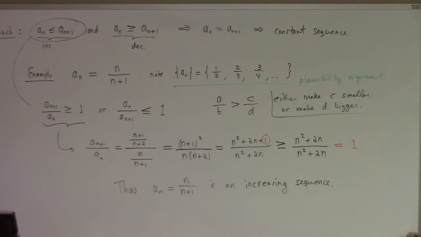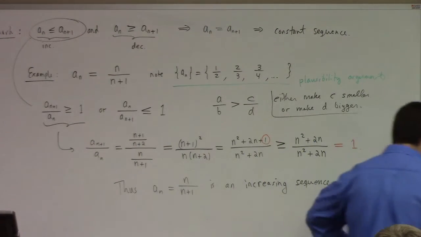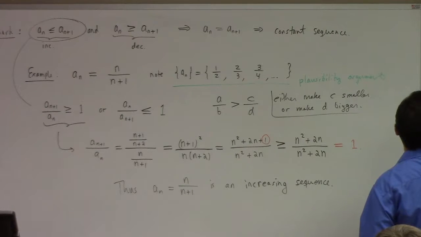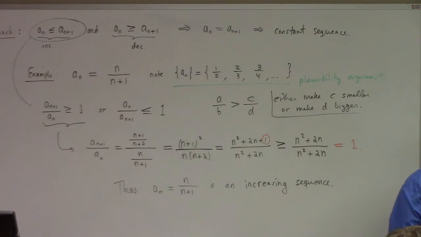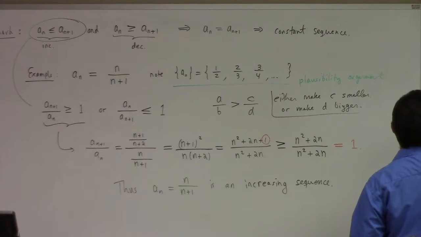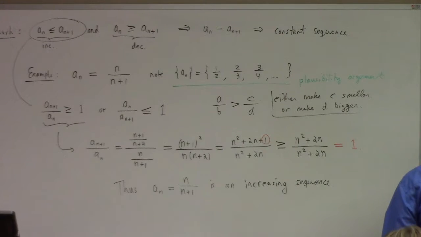All right. Can you guys tell me what's a greatest lower bound and a least upper bound on this thing? On the range? Looks to me like the minimum of a sub n is 1/2, right? And it looks to me like the least upper bound, or as I prefer to say, the supremum, is 1, right? I haven't proved that. This is a conjecture, of course,